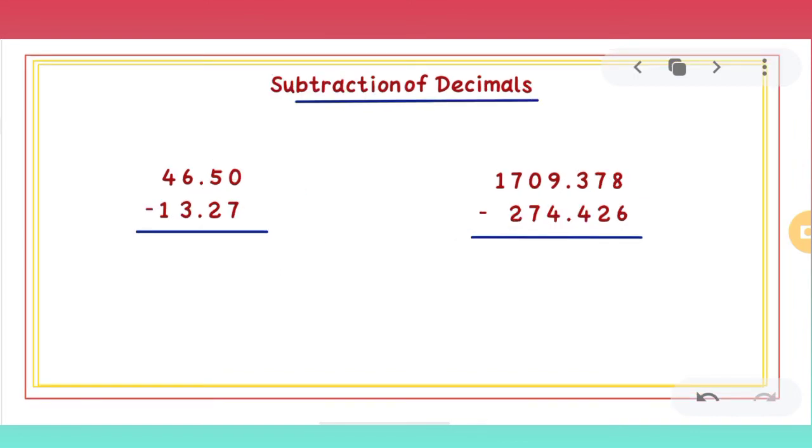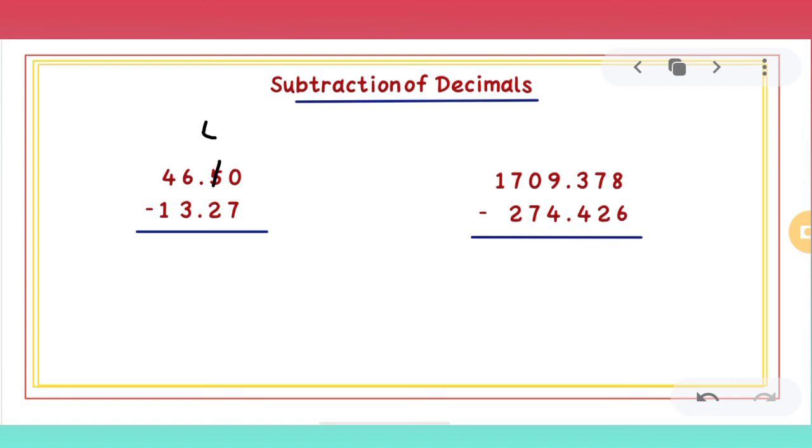Similarly, we will learn how to do the subtraction of decimals. Same, there is no difference. Just like we do the simple subtraction, the same is for the decimal also. See, in this case we will do the first subtraction. Here it is 0. 0 minus 7 is not possible, so we will take a carry from 5. So same like this we will do here also.